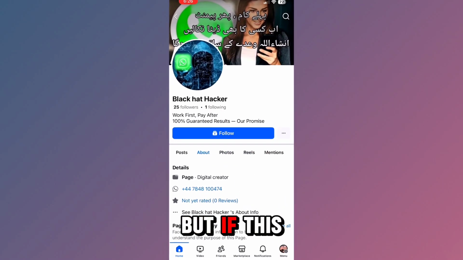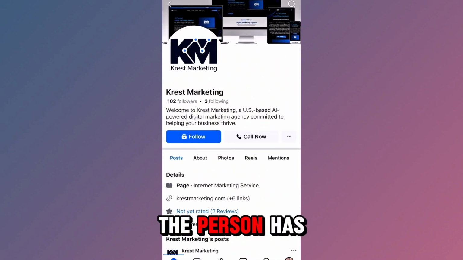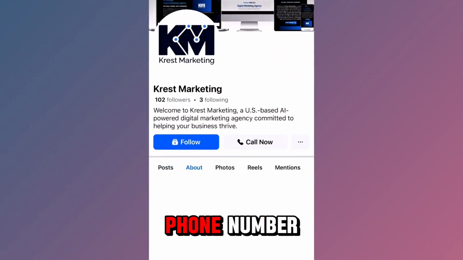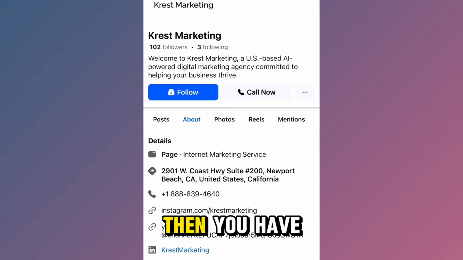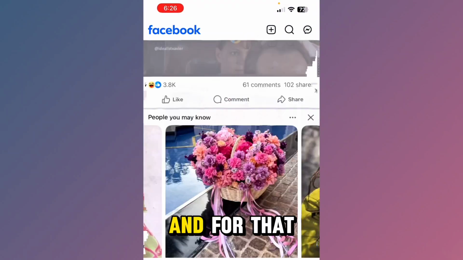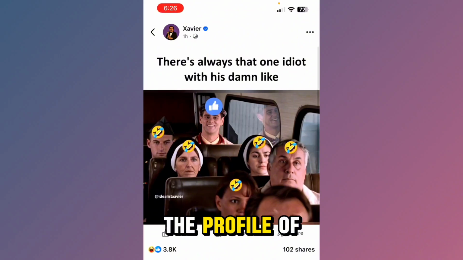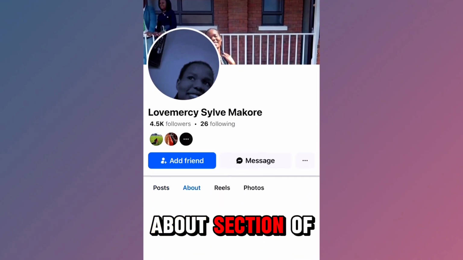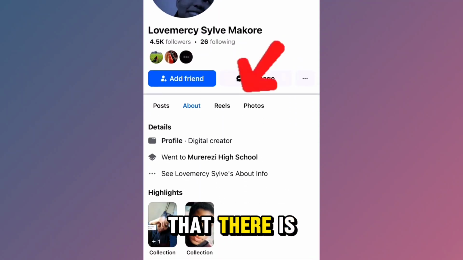section. But if this is also not the case, the person has not provided his phone number publicly and also you are not able to find his phone number in the about section, then you have to go with step number 3, and for that purpose, let me open the profile of any person, for example this one here. Now if I go into the about section of this person, you can see that there is not any phone